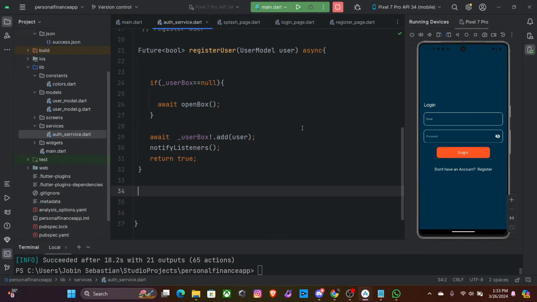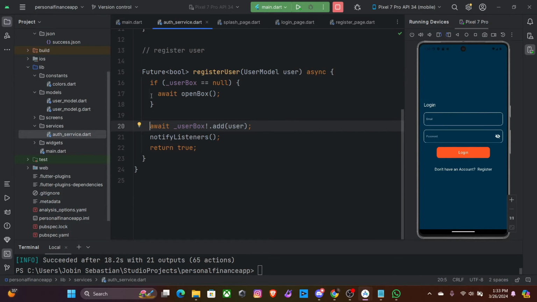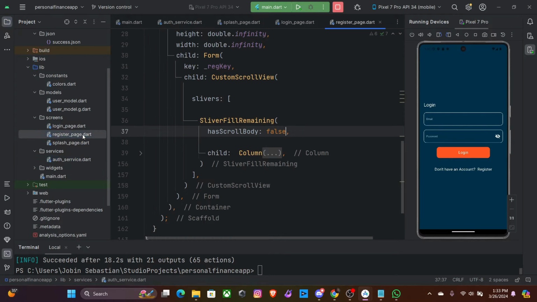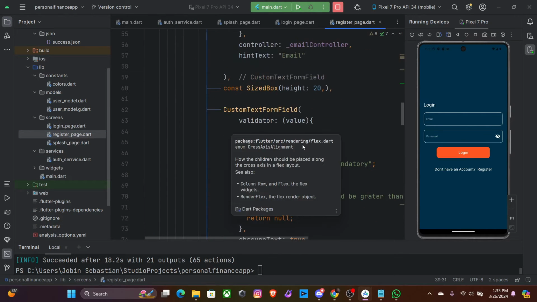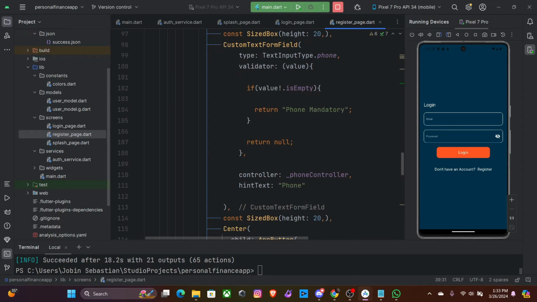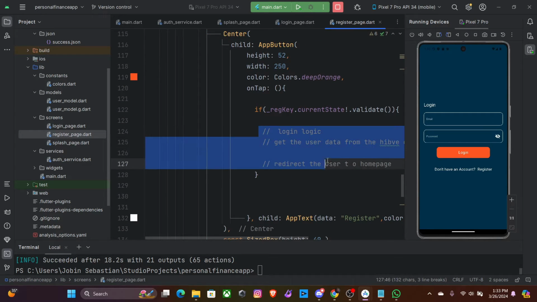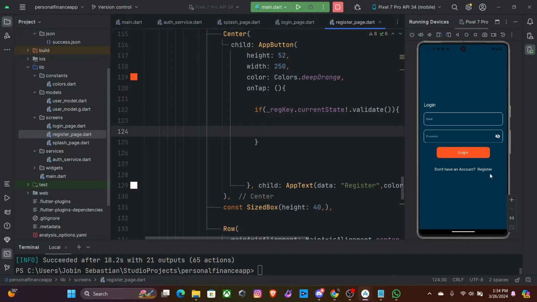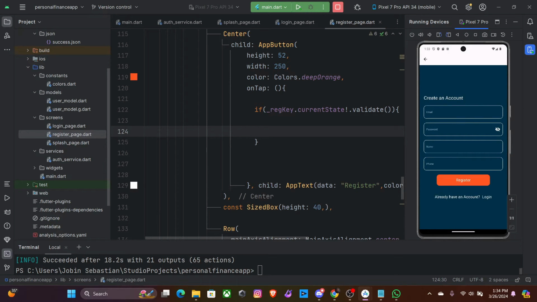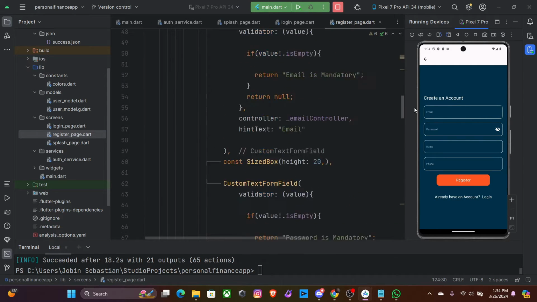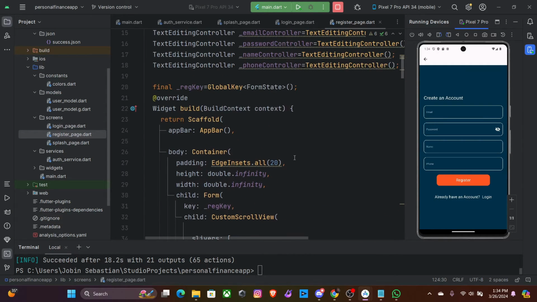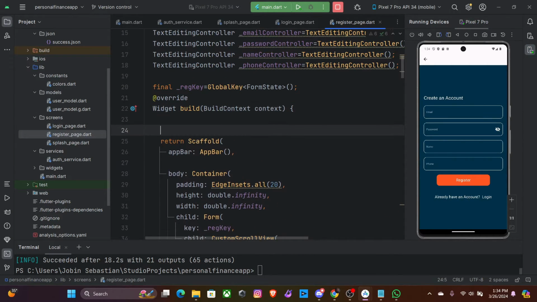Okay, and now let's use this inside our register button. So go to your screens folder, take the register page, then write the logic inside our register button. So I have to go to my register page and find the register button. This is where we need to write the logic. Actually this is the page, and I need to access that provider class. So I'm going to call my final authService equal to